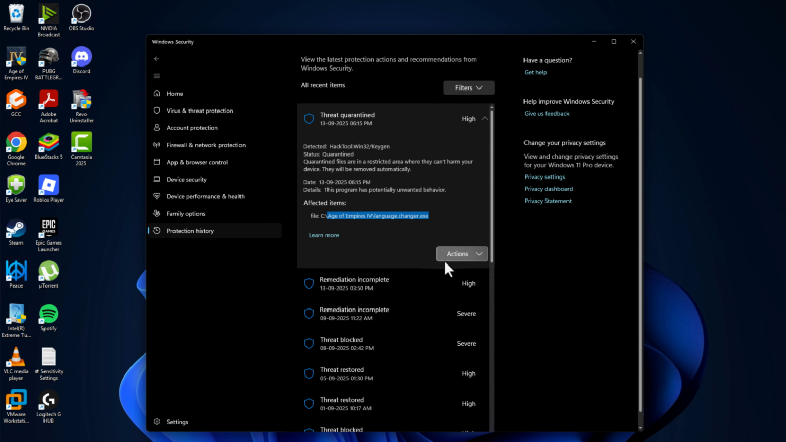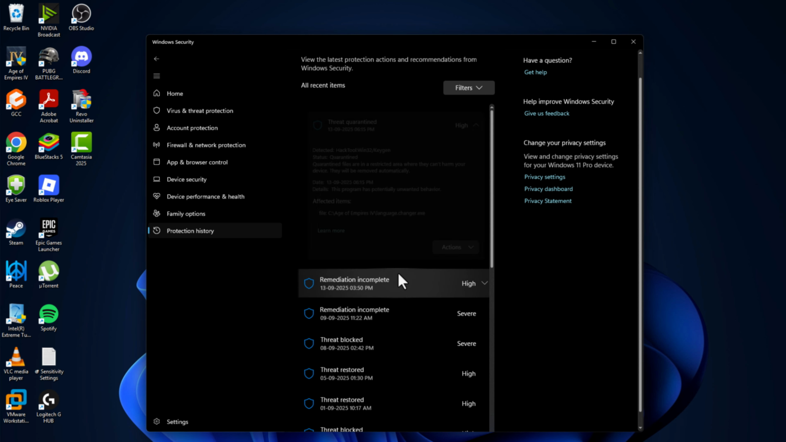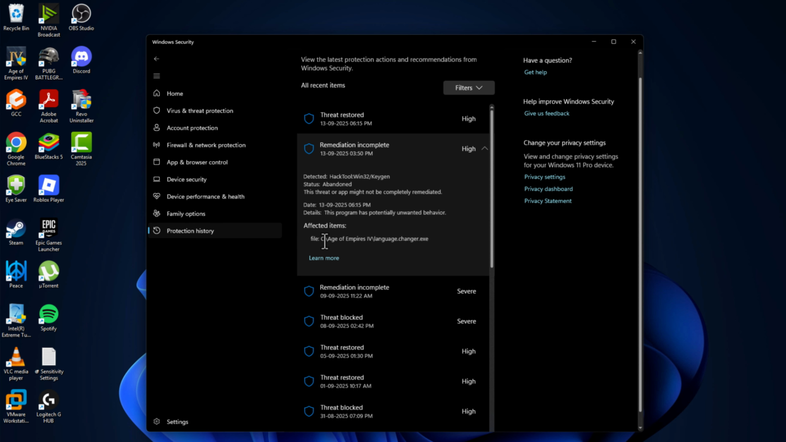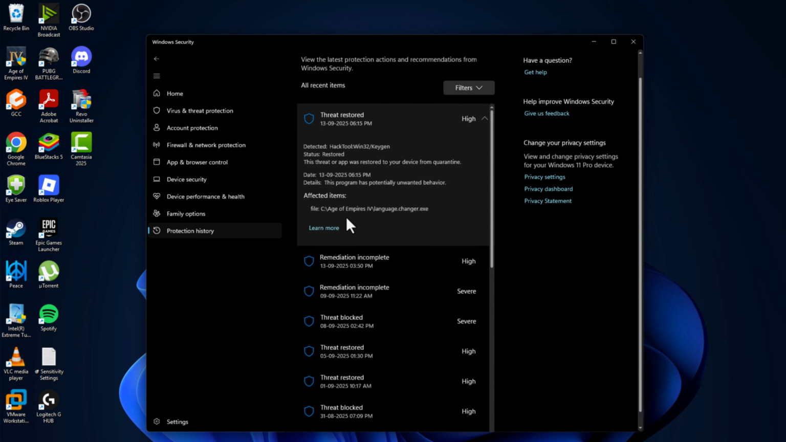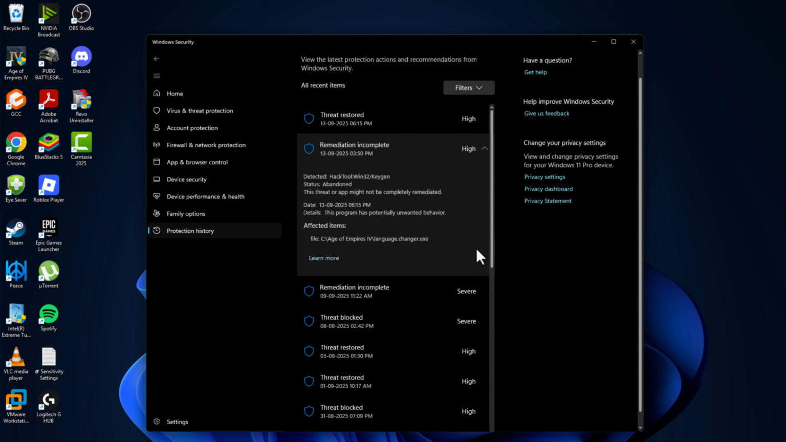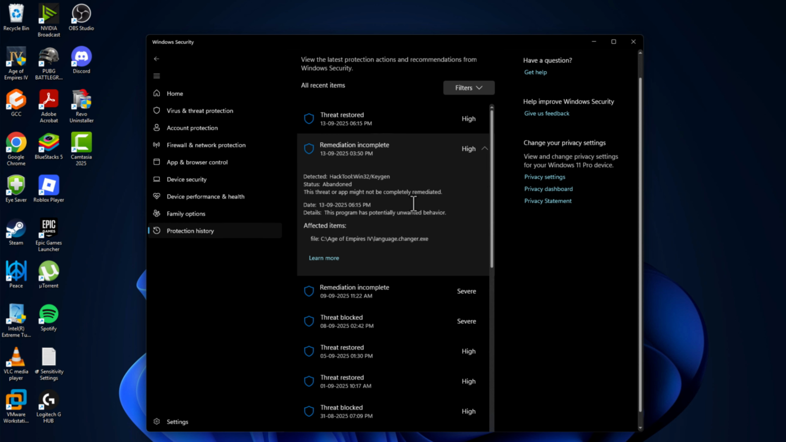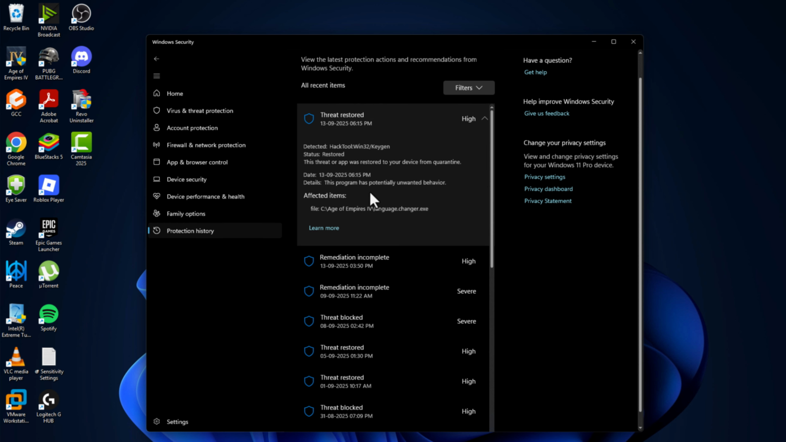Select the action option, select restore, and select the yes option to restore the game file. The same thing for down here. You just need to click on them one by one and restore the files. Make sure you restored all the files related to the game and then